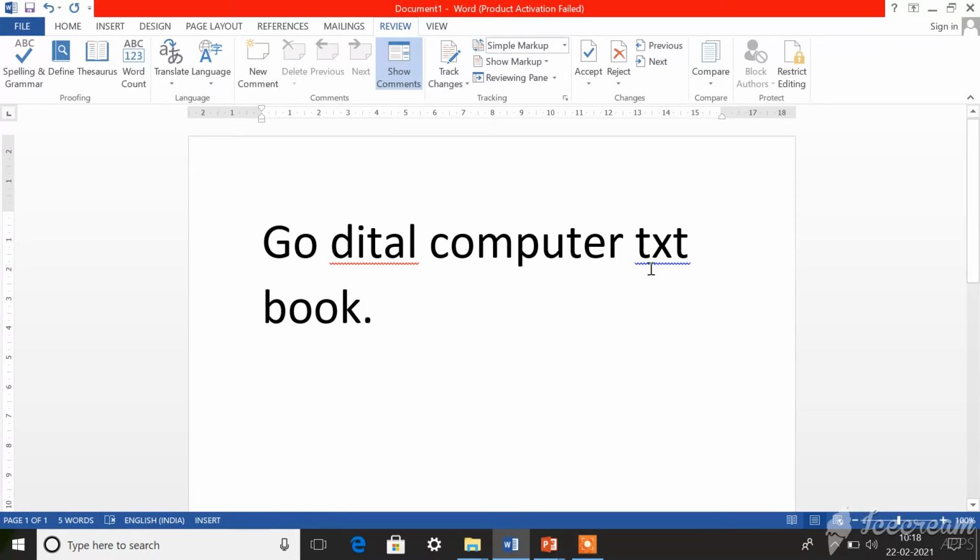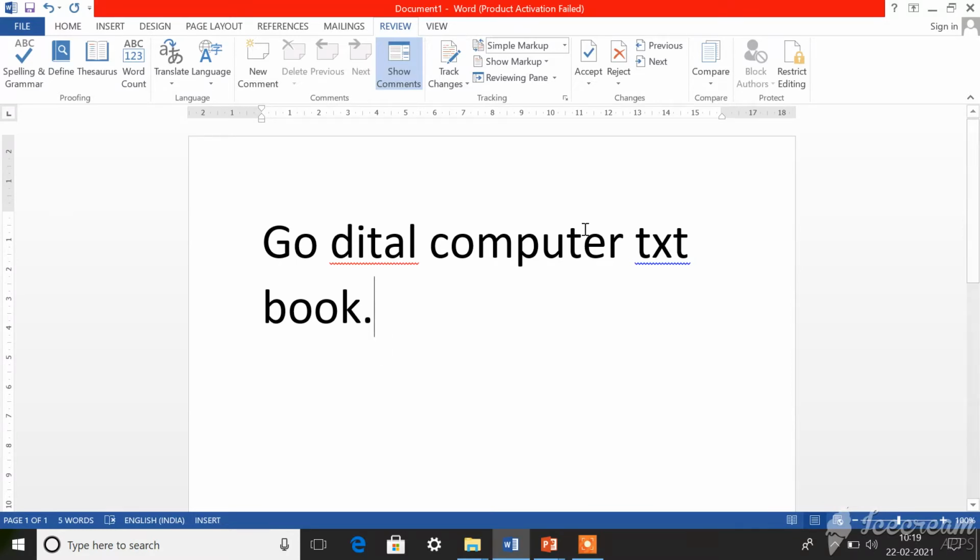Even here there is a spelling mistake, but you have some abbreviations like txt, and you can also save a document with an extension called .txt. So this spelling is available in your computer. .txt means it is a text document, so it does not show it as a spelling mistake, rather it is showing this as a grammatical mistake. So now you need to know that if there is a red line under your text, it means you have committed a spelling mistake. If it is blue, then you have committed a grammar mistake.